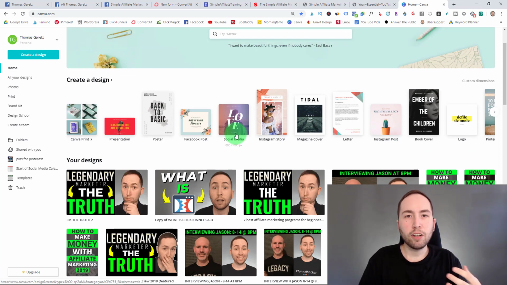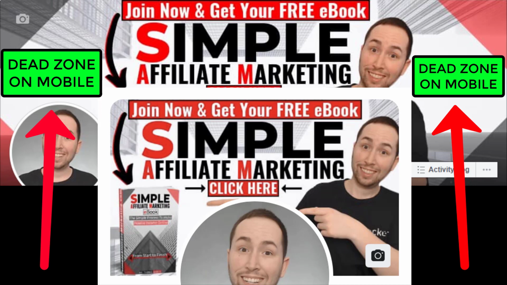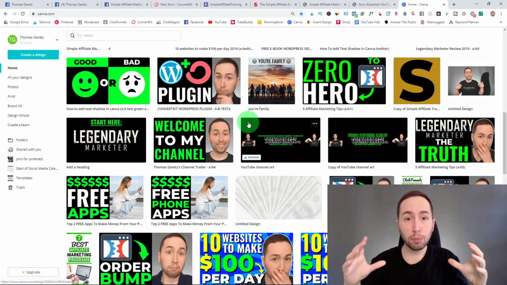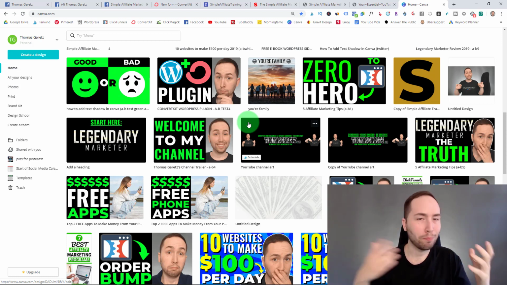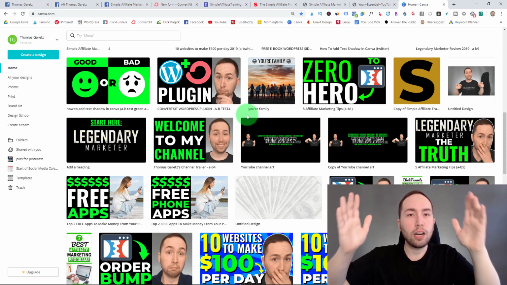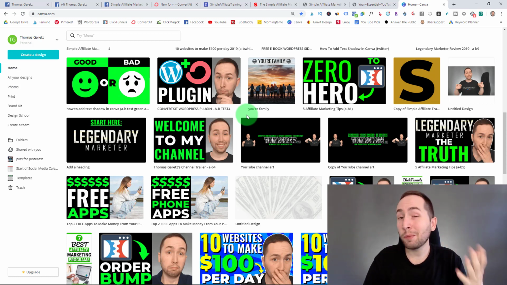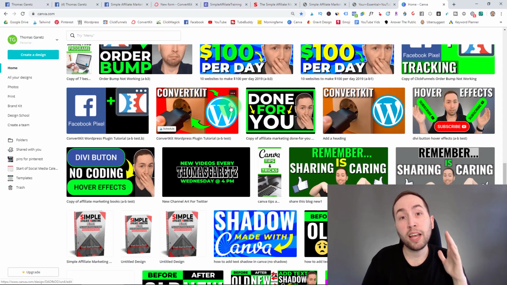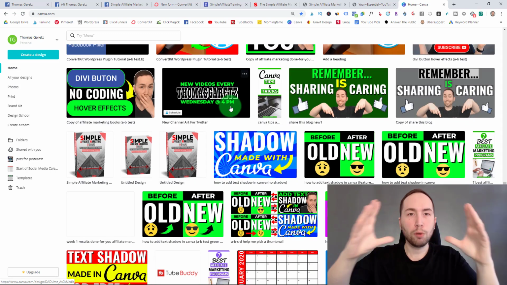And in Canva, when you're creating the cover photo and that stuff, you've got to be careful because on mobile and on desktop, it's going to show up differently. So there's like some dead zone, so to speak, on the sides. So if you want a copy of my picture to use as a template, just let me know in the comments below. I'm more than happy to give it to you so you can use it as like knowing where the cutoffs are. You know what I mean? Because it took me a while to get it perfect on desktop and mobile. So if you use mine as a template, you know where not to put stuff, right?